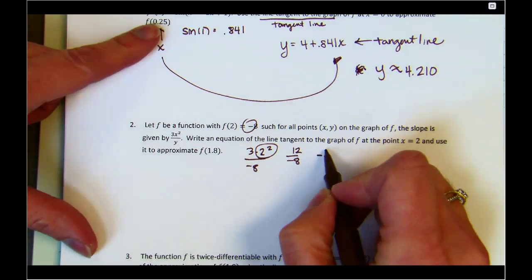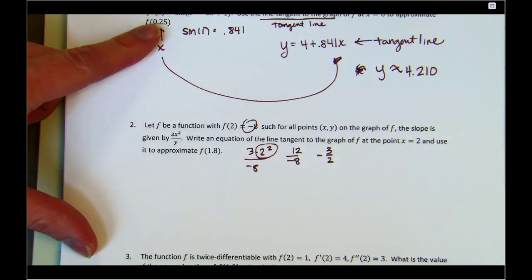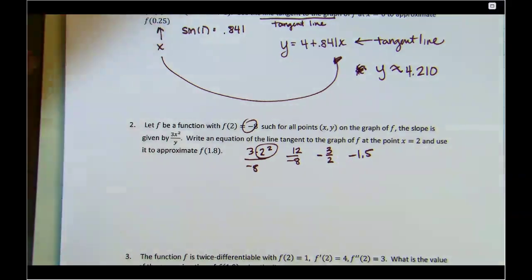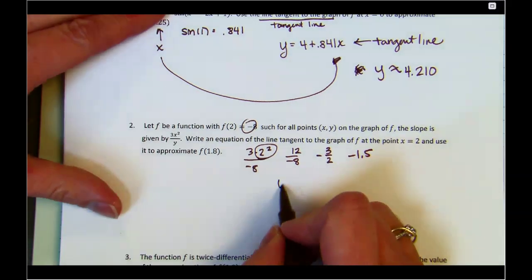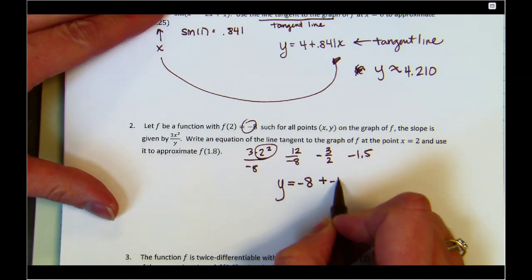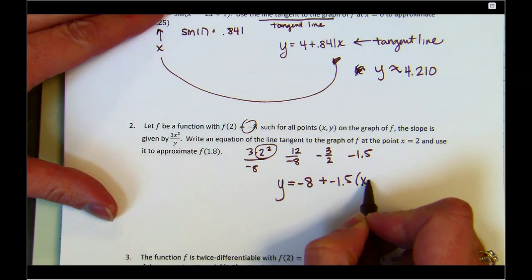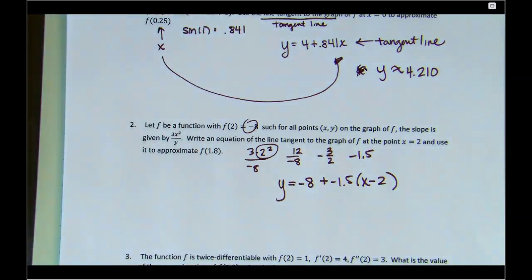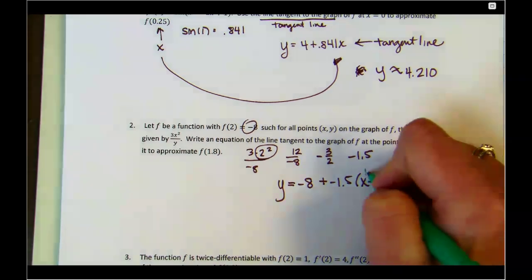It is negative. Oh, that's what I was saying. I was saying, why was it not? It is. Okay. Now, I'm going to put that as negative 1.5 because I like decimals. That's how it works. So listen, tangent line, y equals negative 8 plus negative 1.5 times x minus 2. Now, seems like it's nasty of me to tell you to not use your calculator, but you guys, this thing right here is why we never distribute these. Okay? If we plug in a 1.8 here,